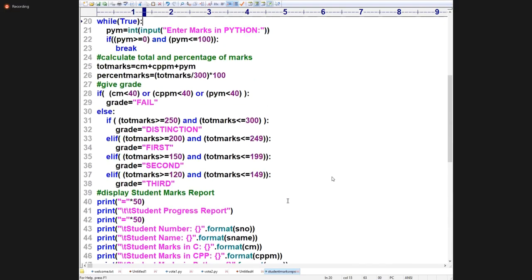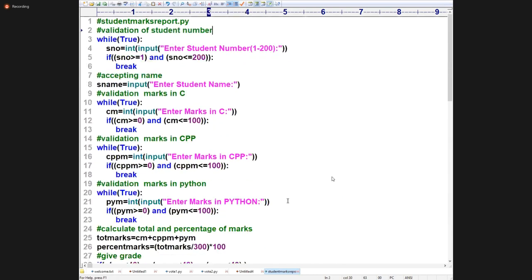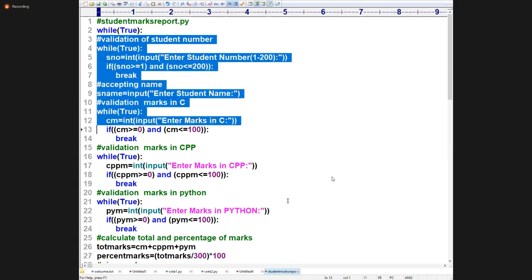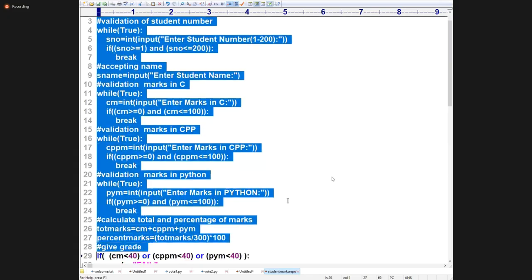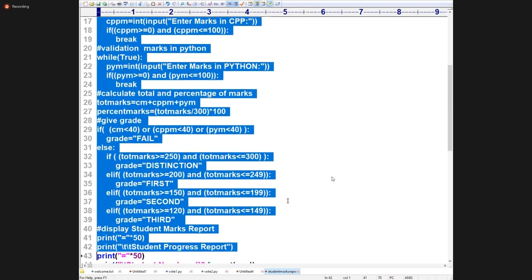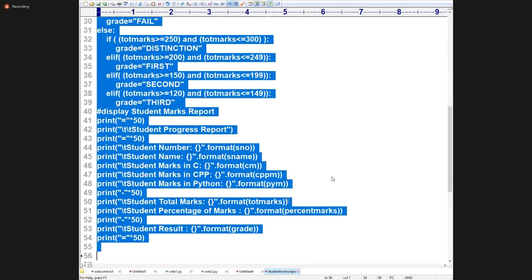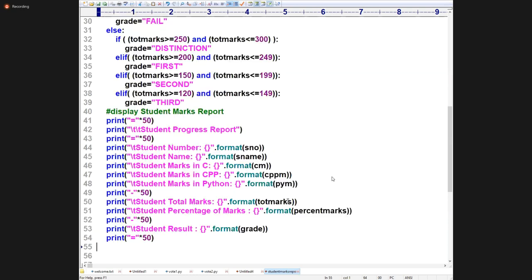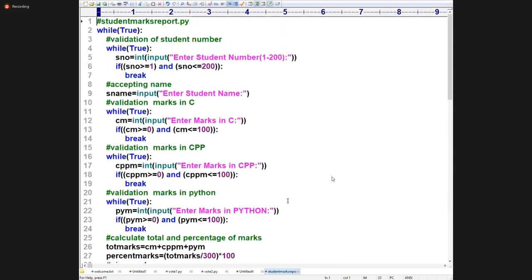Let me go for this code. After that, I will give that code, then you can enjoy that code. Look at all of you. Validation of student number: this entire thing I want to repeat for many students. Simple, I am writing this entire code under while True. See, on the top of it, while True. This entire code I must keep in the proper indentation of the topmost while loop. I select everything and press Tab. Tab automatically adjusts everything. It is under the indentation of the topmost while loop.